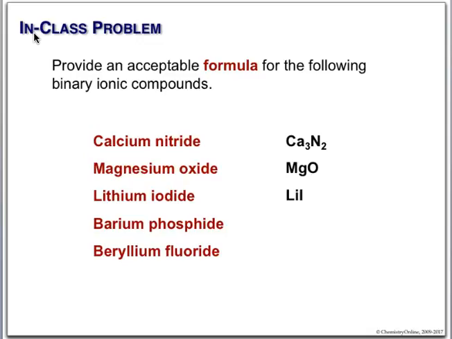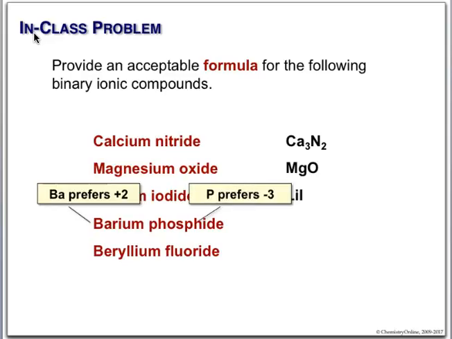Barium is here in our second group. There it is. It is a +2. Phosphorus. Phosphorus is here below nitrogen. So that's our fifth group. Phosphide will be a -3. So once again, we have a +2 and a -3. Simply cross your numbers. 3 bariums, 2 phosphorus,